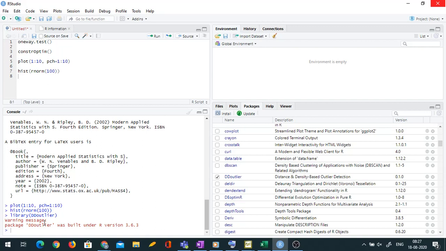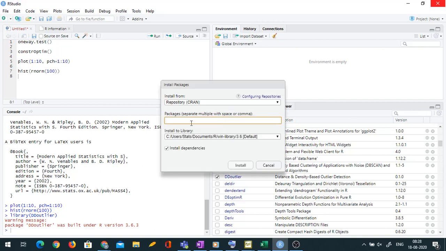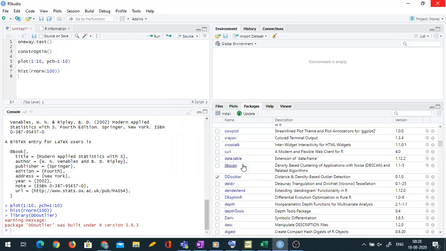Whereas installing a package means you don't have that package in your system as of now, and from the internet you want to install it. So you can say install, and, for example, there is a package called vegan. I can install from the CRAN repository, and install to which library? I am considering the default library.